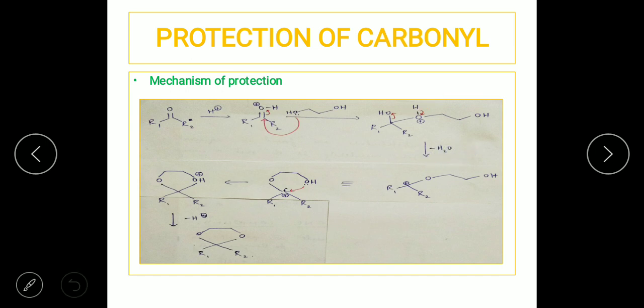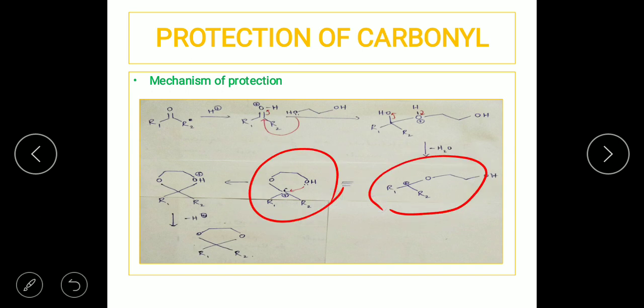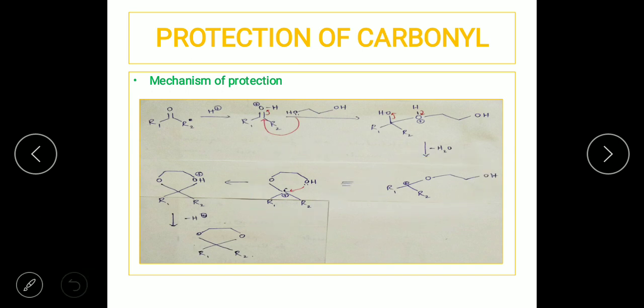Now here you can see that once there is the electron pair removal, with the electron pair the hydroxyl group is going to be eliminated, and because of which there's going to be a positive charge on the carbon atom. Now this can also be rearranged in this form, and you can see that the positive charge on the carbon atom is getting eased because the electron pair on oxygen is forming a bond with the carbon. That's the carbocation being stabilized by the formation of a bond between the lone pair of oxygen and the carbocation, and this gives rise to a glycol acetal structure of this kind.